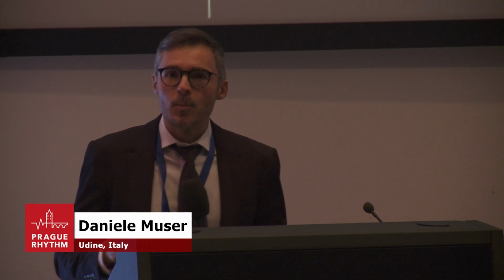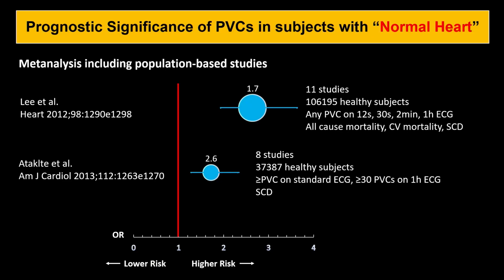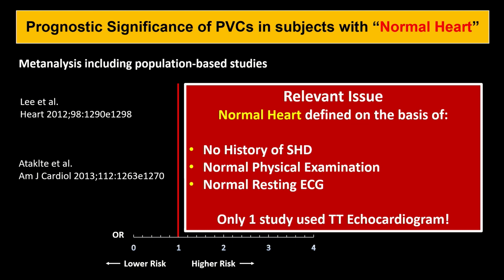If we look at large population-based studies, we can see how they have consistently reported an increased risk of mortality, including an increased risk of sudden cardiac death, in patients presenting with frequent PVCs, even if they have a completely normal heart. But the problem with all of these studies relies on the definition of normal heart. Because if we look at the methods, it was done basically on the absence of history of structural heart disease, on a normal physical examination, and on a normal resting ECG. Only one study out of 19 included in those two meta-analyses actually used transthoracic echocardiography to rule out the presence